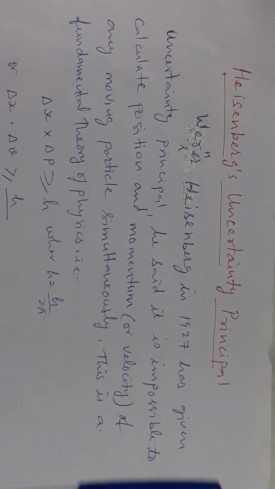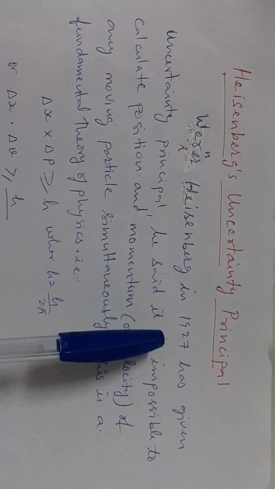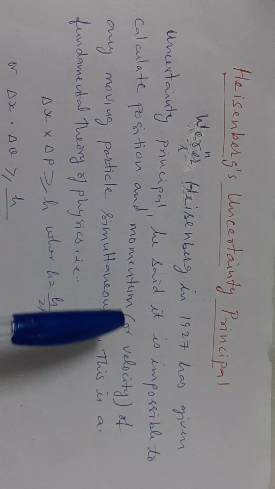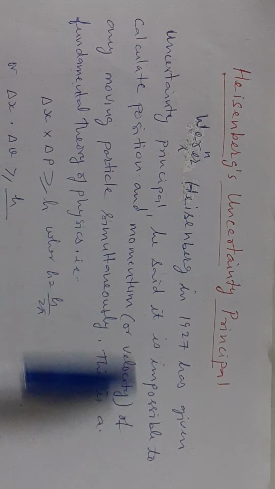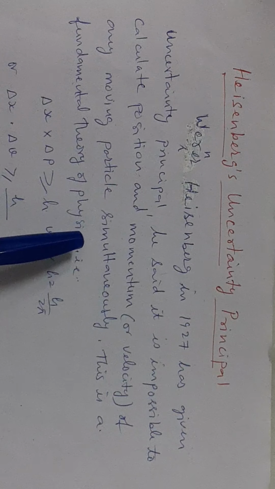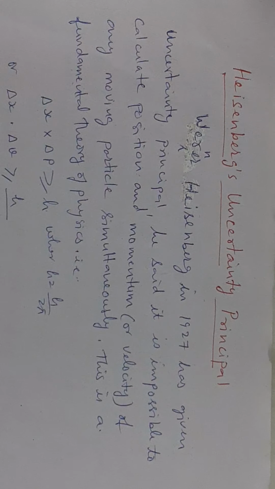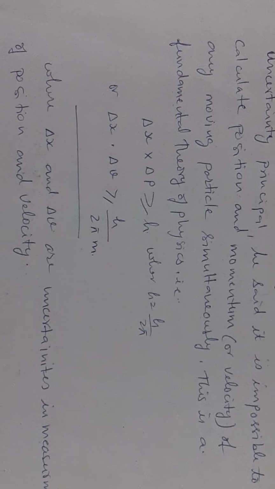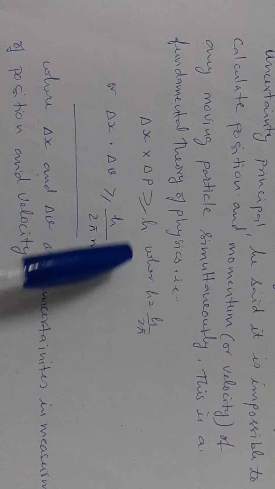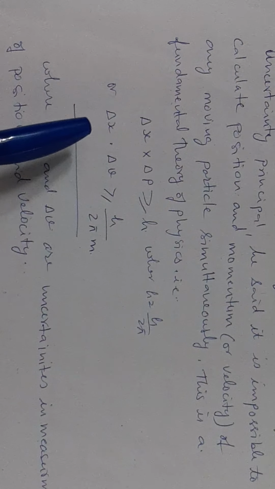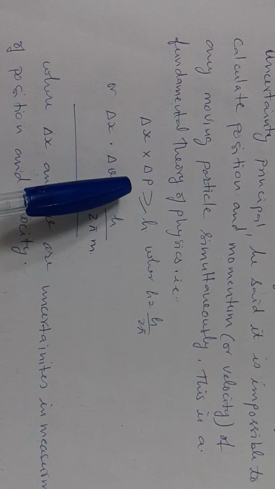The Heisenberg uncertainty principle was given by Werner Heisenberg in 1927. He said it is impossible to calculate position and momentum, that is velocity, of any moving particle simultaneously with accuracy. This is a fundamental theory of physics, that is delta x into delta p is equal to or more than h, where h is a Planck constant, delta x is uncertainty in position, and delta p is uncertainty in momentum,